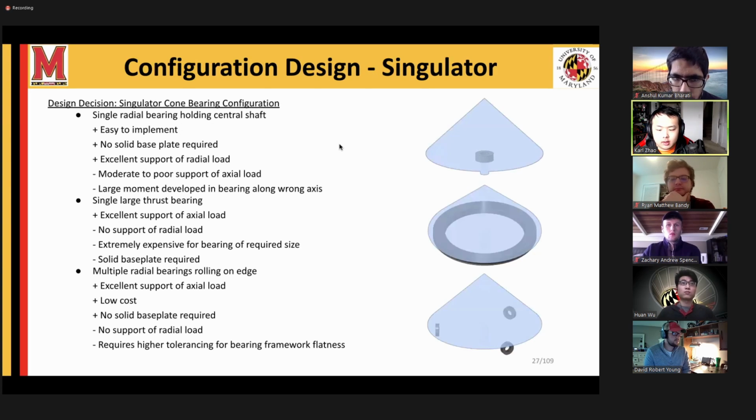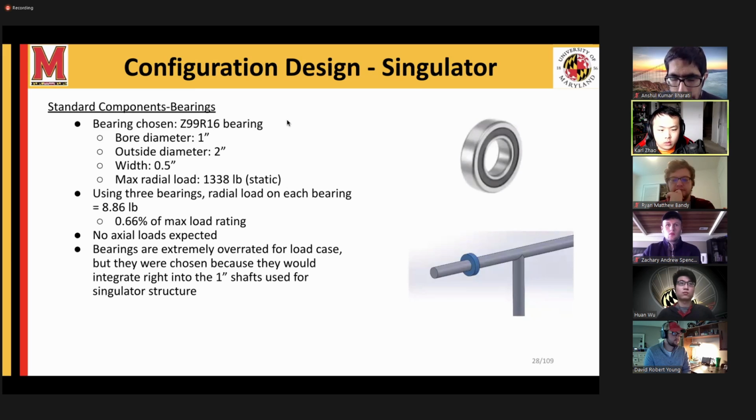Another configuration design decision we had to make was the placement and orientation of the bearings required to support the singulator. There are 3 configurations we considered. In the end, we chose the last configuration because of its low cost and ease to implement. We then had to choose our bearings. The bearings we ended up using were